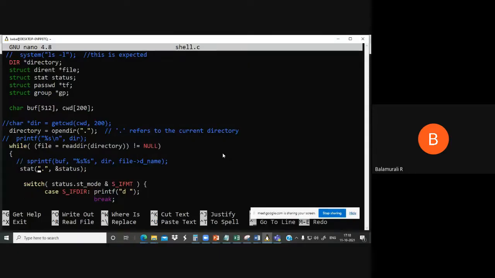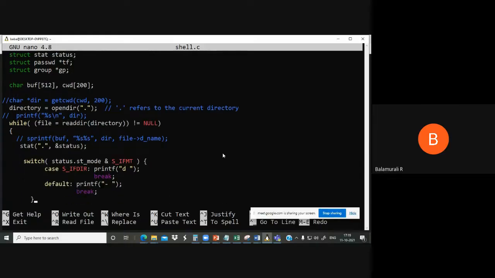Again, dot represents the current directory. Here we are getting the status of the current directory. What is the current entry? Is it a directory or a file? That's what we want to check first. So we do that here.